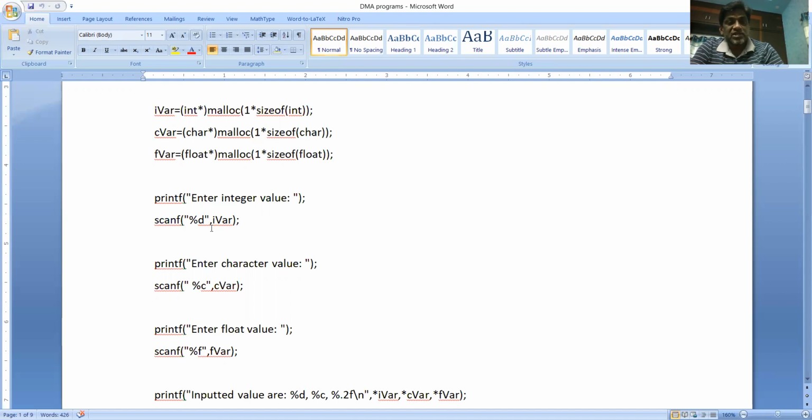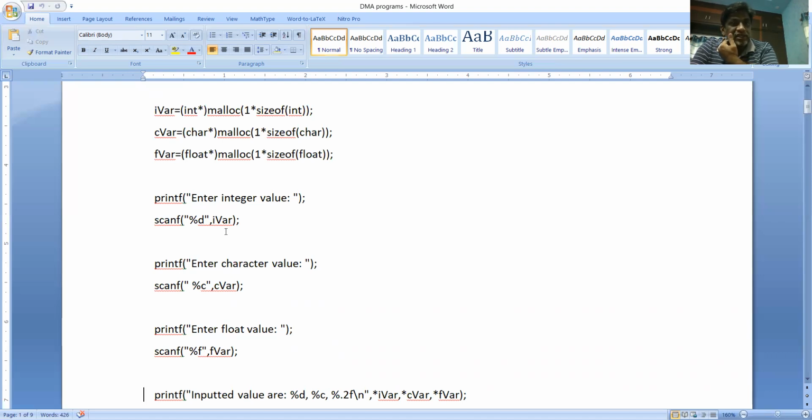Therefore, ampersand is not required here. Similarly, here we are asking to enter a character value, and scanf of percent c, comma CVAR. Here also we are not giving ampersand because CVAR itself is an address.